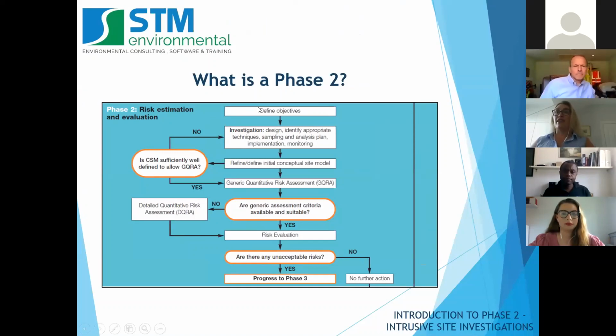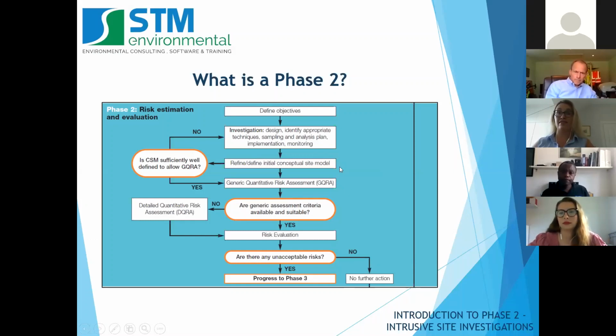It's important to define the objectives of the investigation. What is it that you're trying to achieve or prove or disprove about potential contamination on the site? Then design the investigation based on these objectives and the initial conceptual model from the Phase 1 desk study. It's important to continue going back to the conceptual model in the desk study to see if the site investigation allows for sufficient investigation, and continue with the investigation if